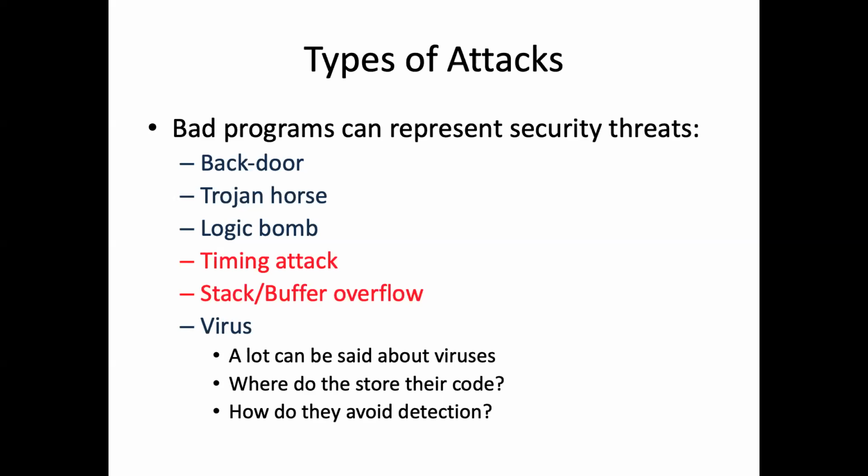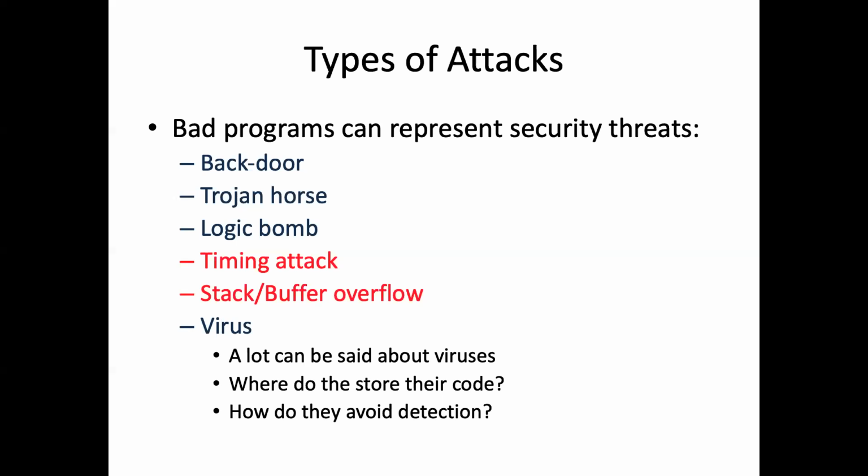And then you could keep guessing. I said random passwords just to make it easier to describe, but really you would probably do this systematically. You'd enter a password starting with an A, you'd enter a password starting with a B, and then a password starting with a C. And as soon as you found a letter that made it take a little bit longer to reject your password, then that might be an indication that you've gotten the first letter right. And you can move on to start guessing the next letter.